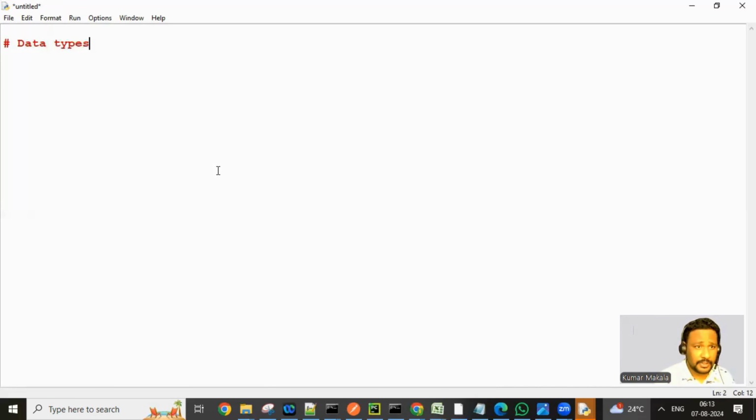Data types. So in Python, there are several data types available, but the industry accepted and most widely used data types are these. I'm using hash because hash means single line comment. Okay. So the first one is, I would say,